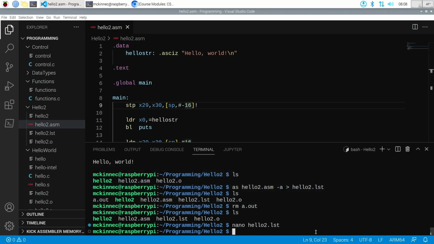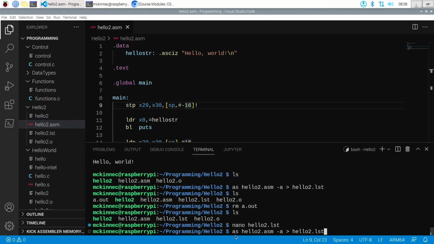It was just that I was being a moron last time. And the command for making a listing file, I had the right flag, but I was just using the wrong program. I was using GCC, not the assembler. Okay, so the program that we use to assemble is AS, and this is the command for making a